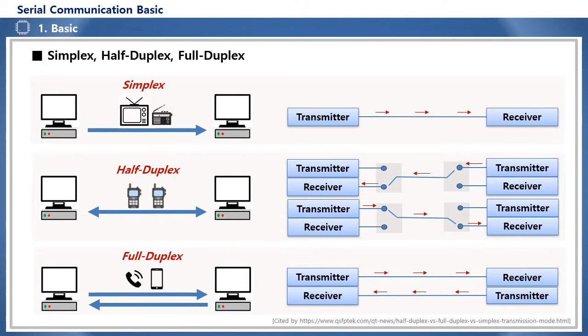Full duplex is a two-way communication method that allows you to talk and listen to the other party at the same time by using two separate channels, that is, a transmission line and a reception line. It is a communication method for telephones or mobile phones. This full duplex has a disadvantage in securing one more communication channel compared to half duplex, which uses only one channel. It is fast, but it requires securing additional communication lines.